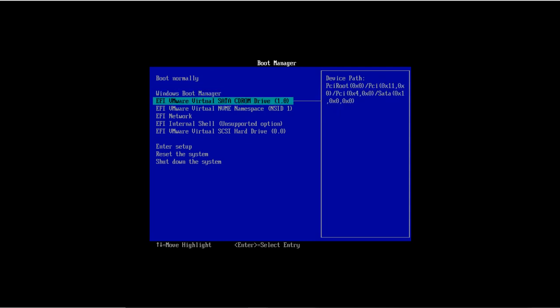It is here under the CD-ROM. So I will boot from CD-ROM. Press any key to boot from the DVD-ROM. Now it is booting from the DVD-ROM, and in the DVD I have the installation DVD.